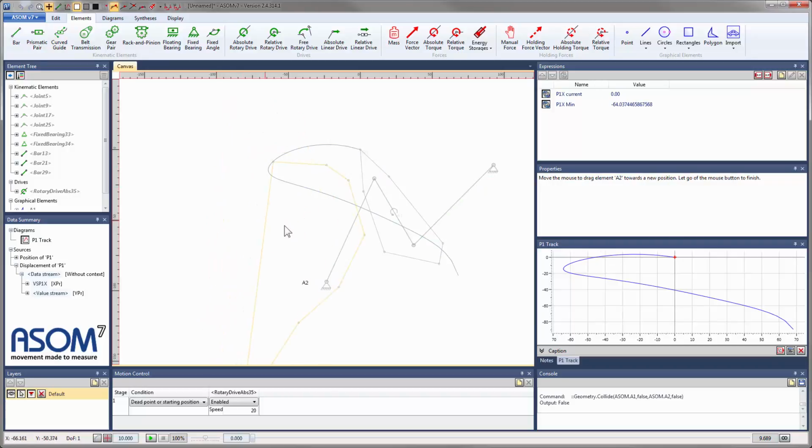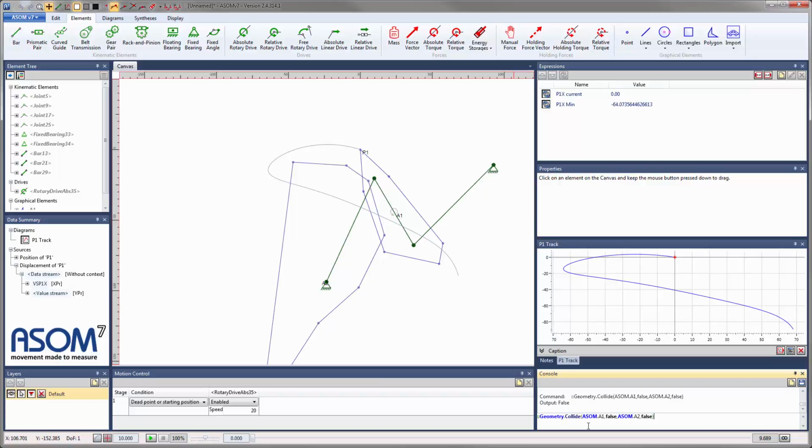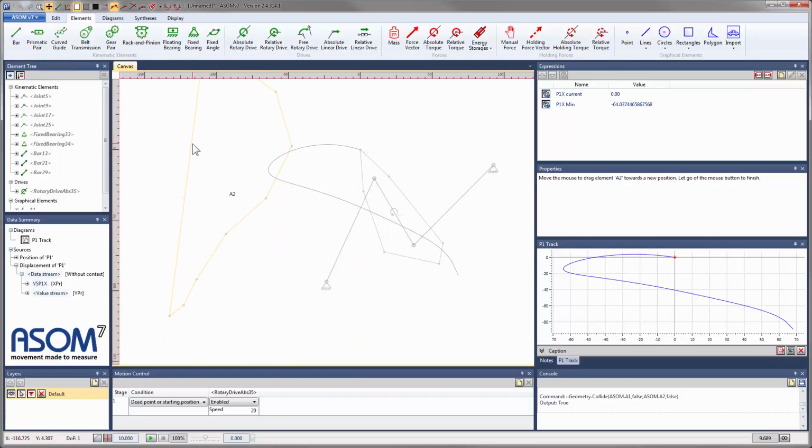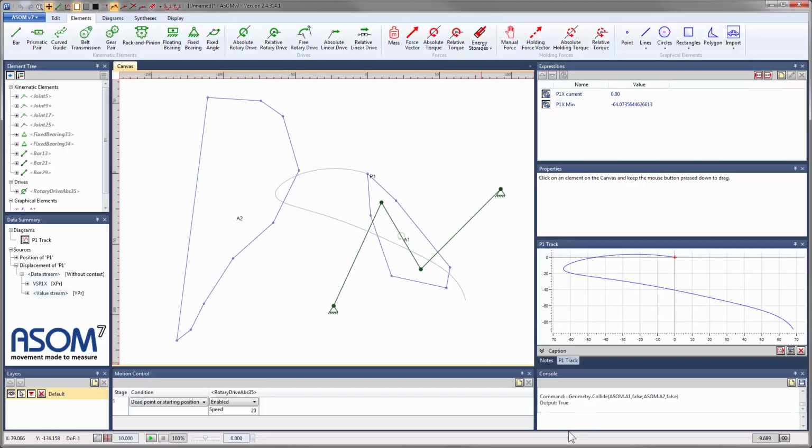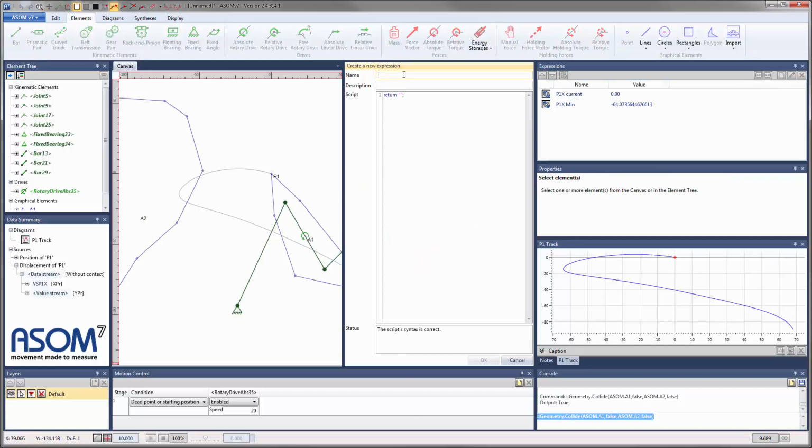As a check, let's move this around until there is a collision somewhere. Now there is one here. Reuse the console query with the arrow keys, true. Okay, now let's move this back a little ways. Like this. Then we'll take this and put it into a new expression so that we can watch it continually. Collision, current, put in what we copied,